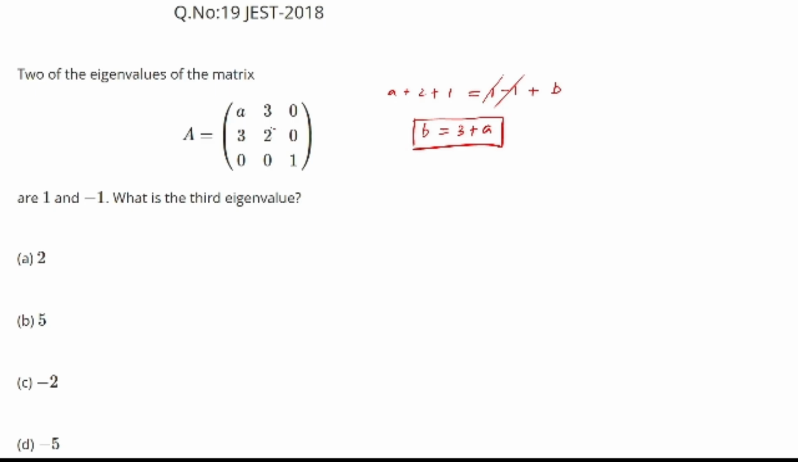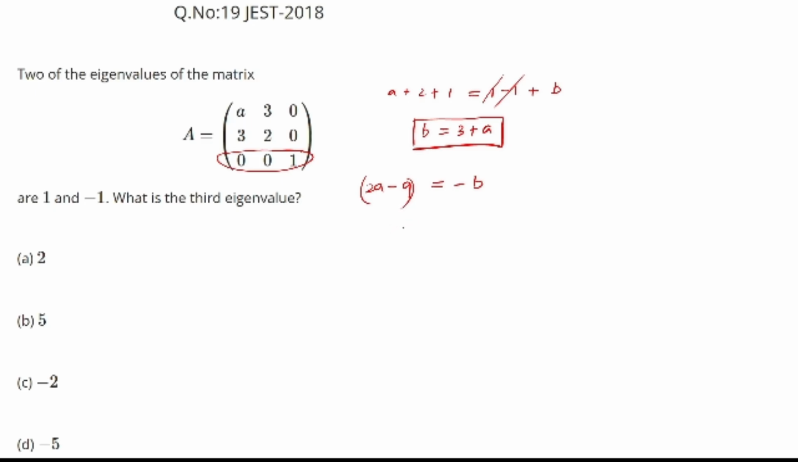Now let's find the determinant of it. So find the determinant about this row. Okay, so determinant will be 2a minus 9. Now determinant is also the multiplication of the eigenvalues, 1, minus 1, and another one is b, so it will be minus b. So from here we can say